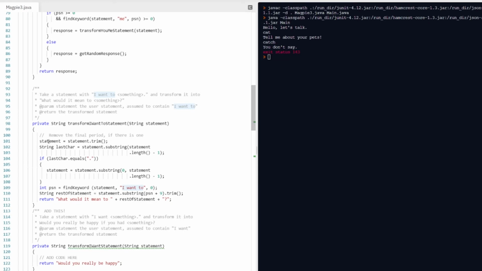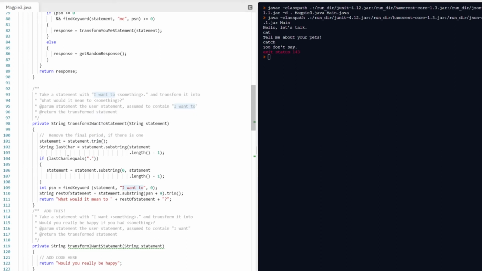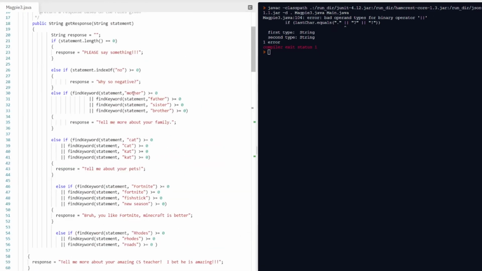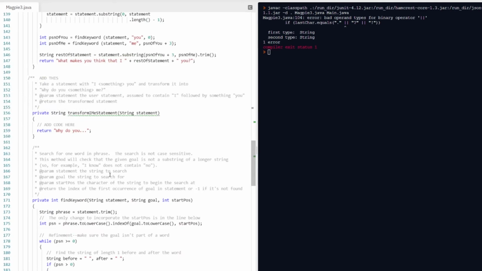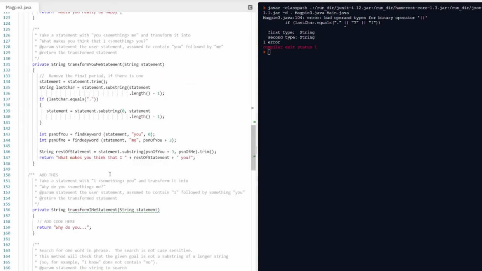So it's basically looking to find that statement. Once it does, it's going to trim it back, and then it's going to get rid of the last character. And if we want to add to that, how do we add to that? Well, just up here, kids, we could do the same thing. We're just going to go "or," just like we did down here to our "I want" statement.